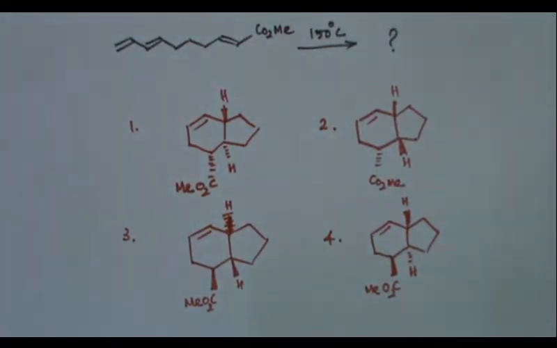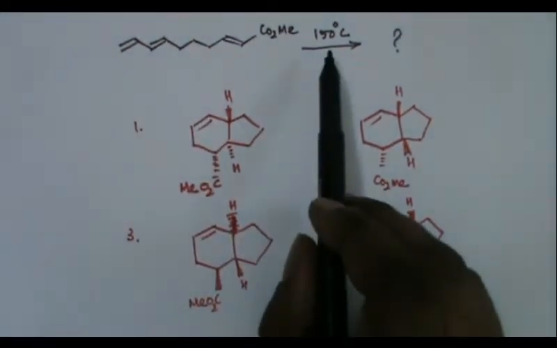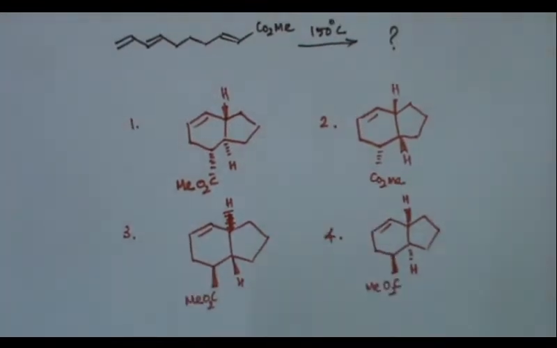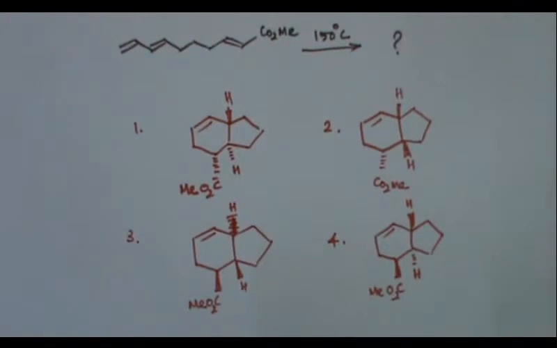Today I am going to solve a problem on the stereochemistry of Diels Alder reaction. You can find this problem in CSIR NET exam 2015 December. Here is the problem. When this compound is heated at 150 degrees C, what is the product? The product, the options given here,